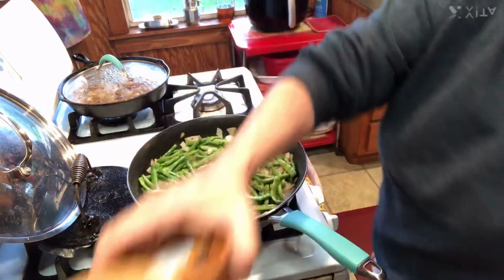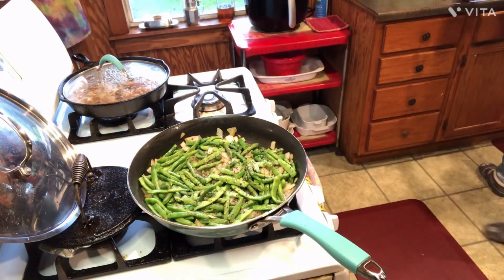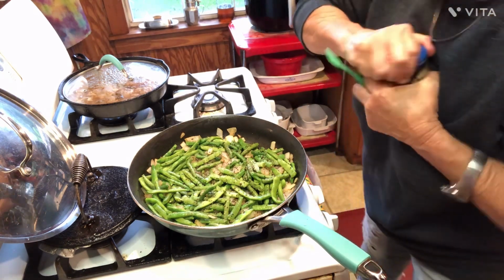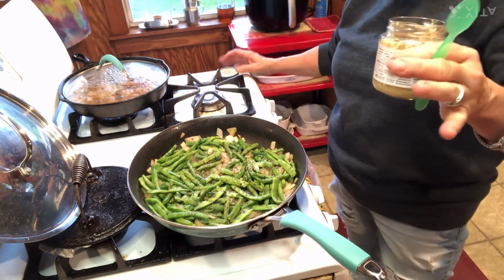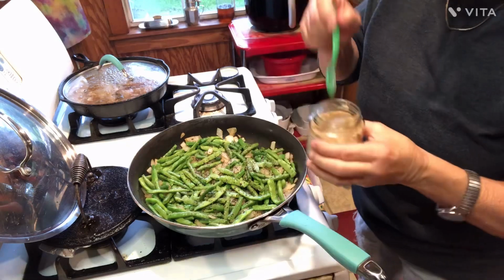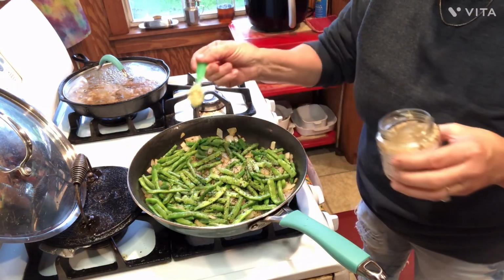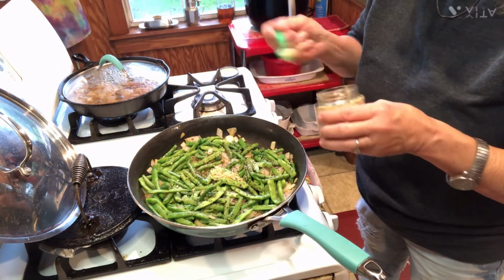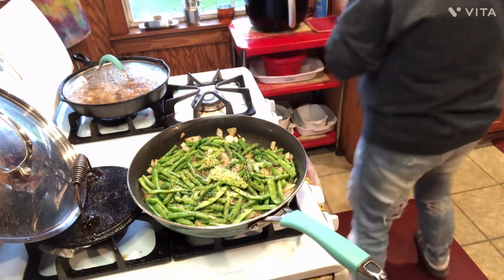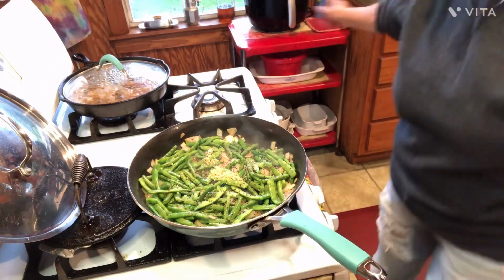Some salt on there. And I'm going to get me just a little smidgen, because I'm going to have it in my potatoes too. But I've got this minced garlic, y'all. The minced garlic in the jar is so handy. Anyway, I'm going to put me just a little tad taste of it in there, just to give it some more fresh flavor. Because like I say, I'll have garlic in my potatoes. So,